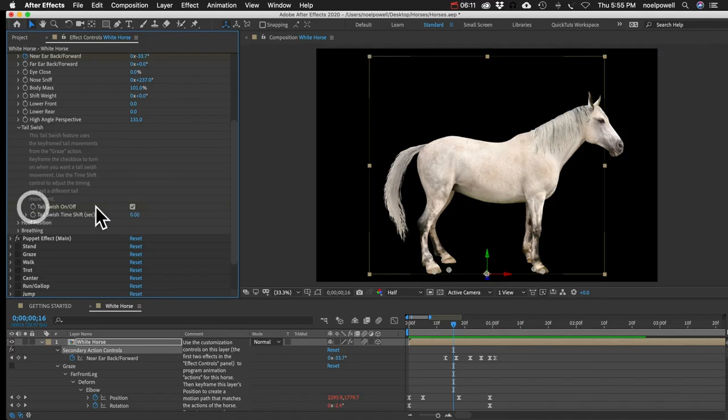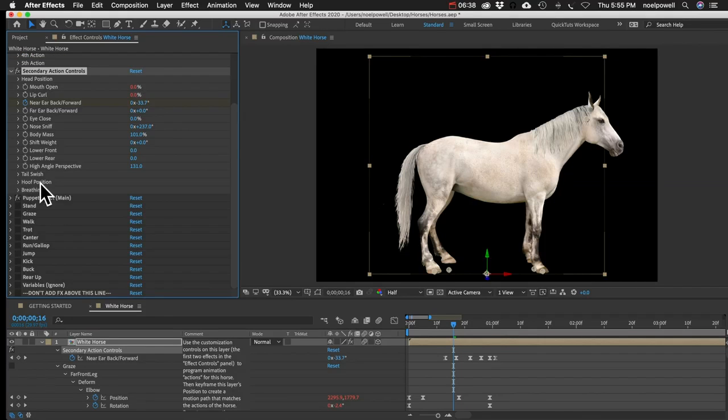And you can also change the timing. So if there's a particular tail swish that you want, somewhere in that 12-second span, you can look for it using this control. Hoof position,